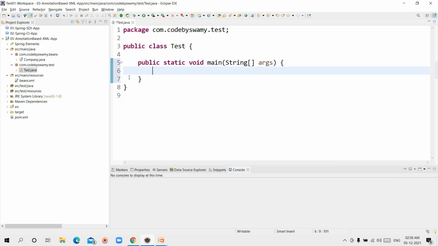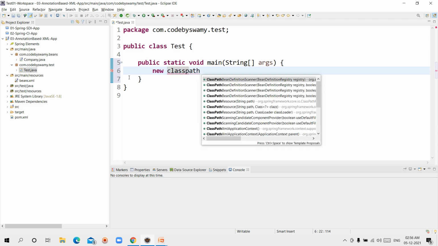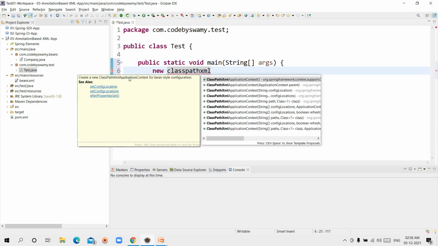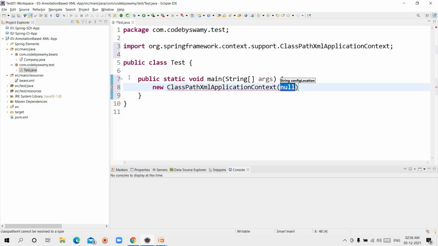This time I am writing annotation related code, but still I am using the XML approach. For that I am using new ClassPathXmlApplicationContext with beans.xml.